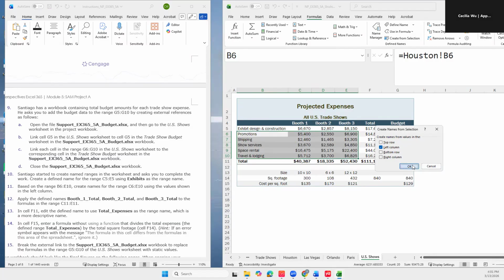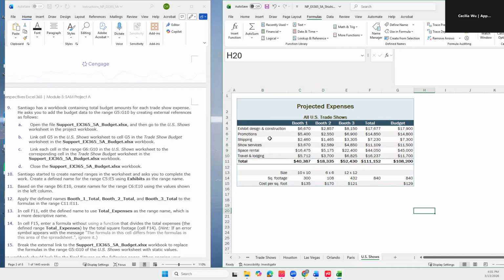So once we hit OK, let's see what's going to happen. Now if I select C7 through E7, the system knows this group is already named Shipping. And what about C8 through E8? That is Show Service. So in that case, we don't have to manually type. So that is how